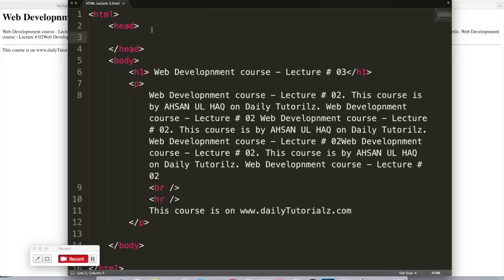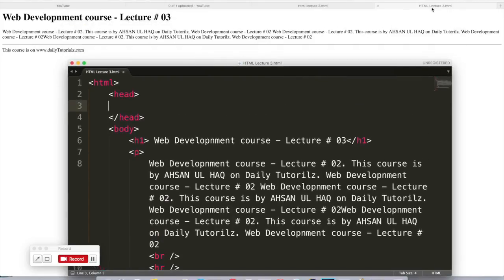The first thing in the head is the title, the page title. Yes, you are right. The page title is what we see in the browser tab. Like this is HTML lecture number 3, HTML lecture 3.html. This is a messy thing that we see on every page. You can see here is my YouTube tab open. You can see this is the YouTube name only. So how can we do it? Simply we have to add a title in the head tag like this,